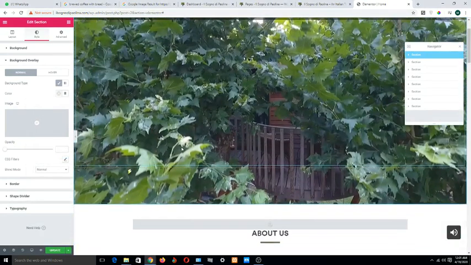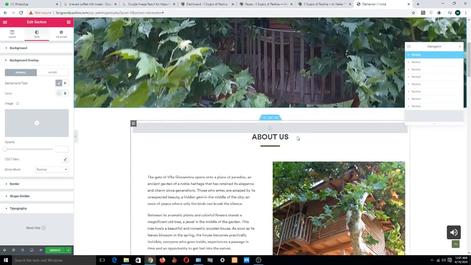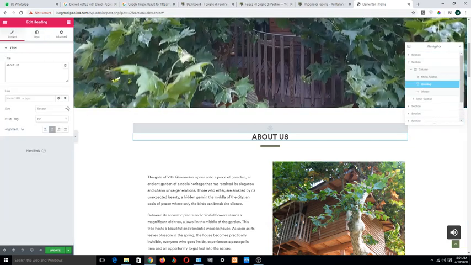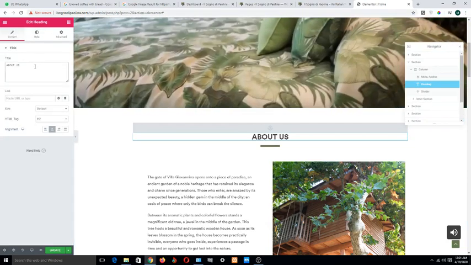Okay, now I will show you how you can change the text. When you hover over this text, you can see this pen icon. Click on this pen icon, and from here you can change the text. If you want to change the styling or the position, you can change it.